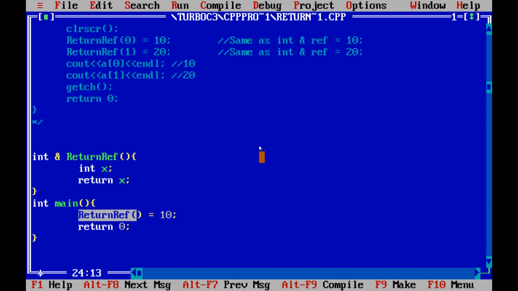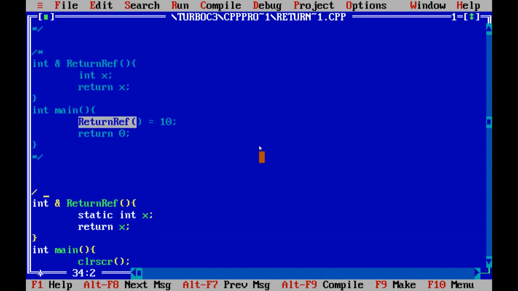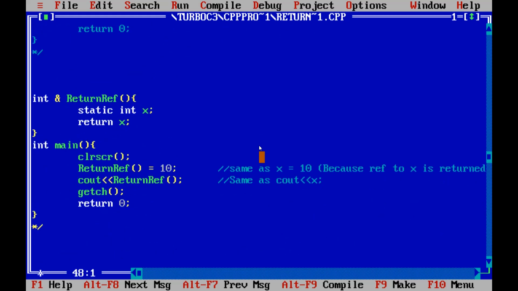Okay. And the third thing which I need to discuss with you is: is there only one possible option, that we can have a global variable? No. One other option is available, which is a static variable. It's a local variable, but the local variable is declared as static. When I have declared it as static, the scope of this particular variable is throughout the program.